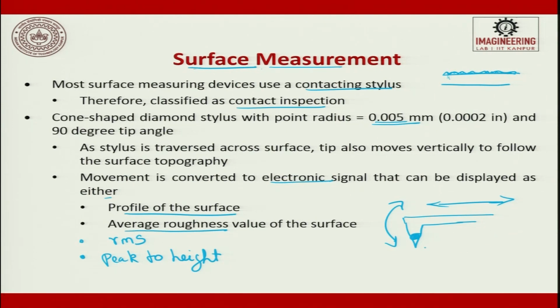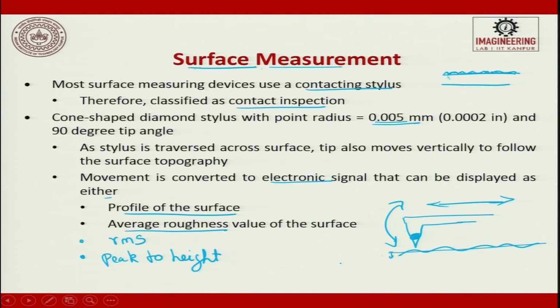Okay. So, once we have a lot of data, what we do is we try to figure out the average roughness top and bottom, and we try to make a uniform distribution of top and bottom. So, there is a shift in the central line. How much the shift is will be reported as average roughness.